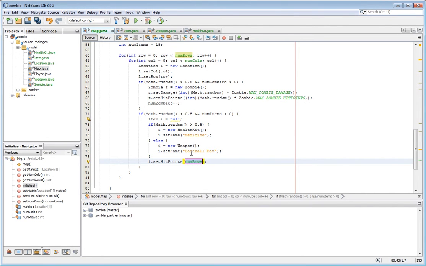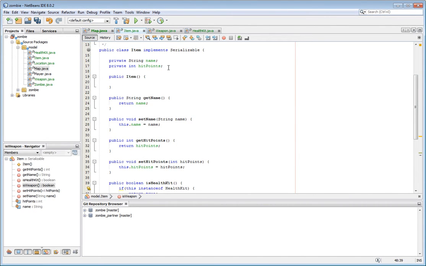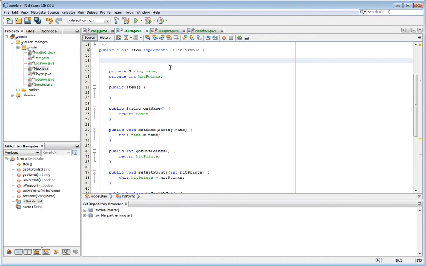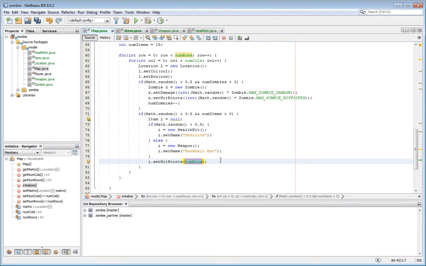And then I'll set a common hit points to, let's go item, and let's make a public static final int max hit points, and maybe that'll be 10. So we'll jump back over to map, and we'll set the hit points to item dot